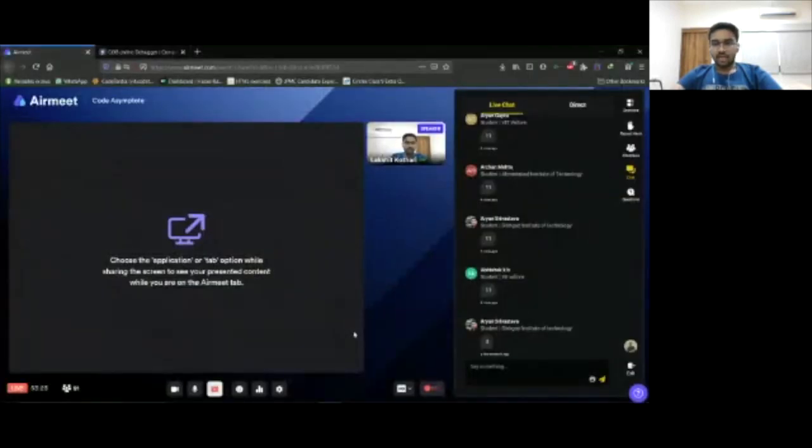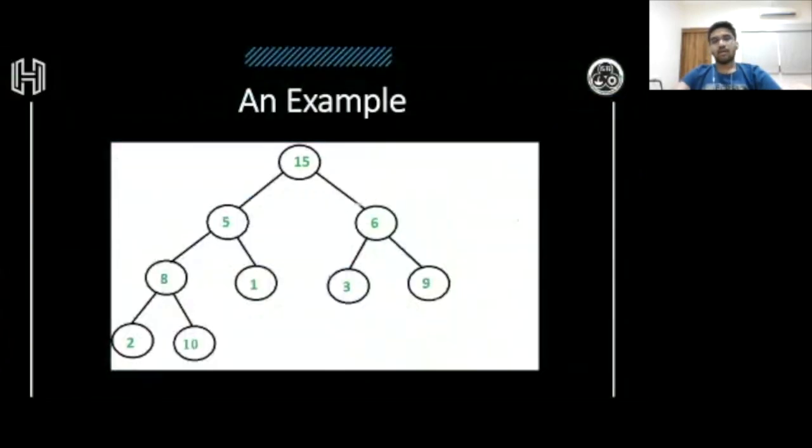Correct. Yeah, we'll have 3. Exactly. How? 15 to 5, 1, backtracking 2, and then 15 to 6. We have found our element 6.